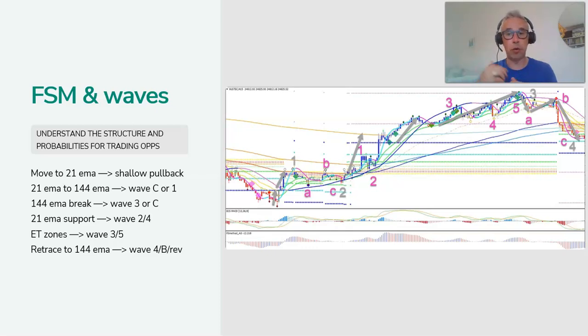It could be a wave 3 or extended wave C. Within wave 3, there could be minor pullbacks to the 21 above the 144, down to the 21 EMA, a couple of times that act as support, not only on this time frame, but also on lower time frames. And eventually price will go back to the 144 EMA and act as a bounce or break spot. So I think that the 21 and the 144 EMA are very interesting decision zones for price.